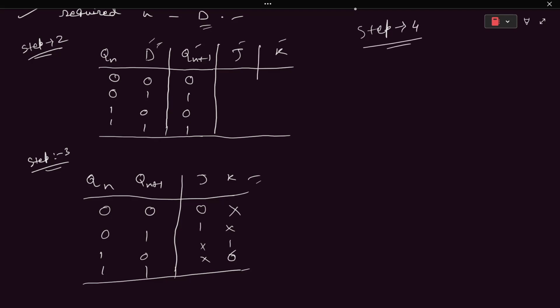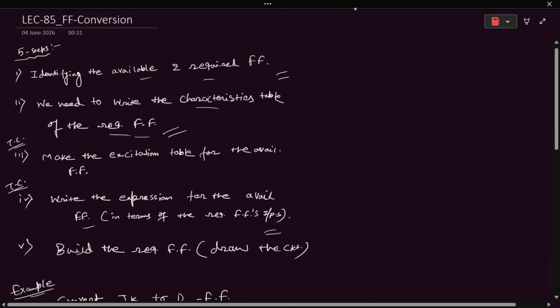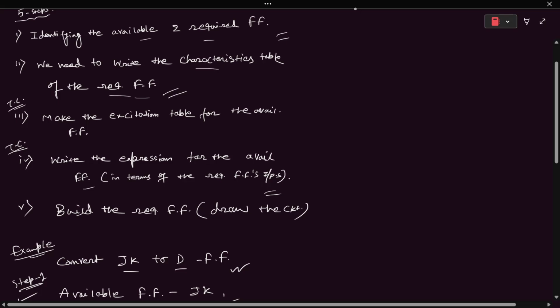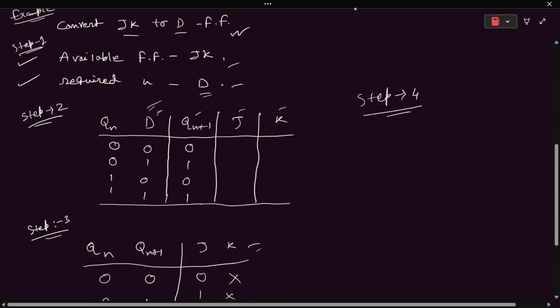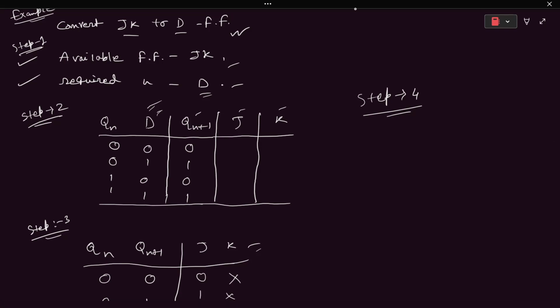Here we write JK, because we need to find the expression of JK in terms of the input D. Here this is a single input flip-flop. In such cases, I write in terms of the required flip-flop's inputs, not only inputs, there are outputs too. The inputs mean QN, and QN complement is there. There are some examples I am going to solve. After that example, in that case,